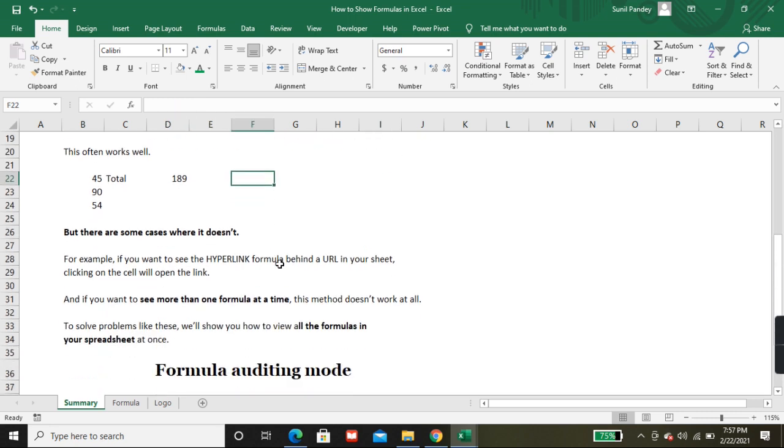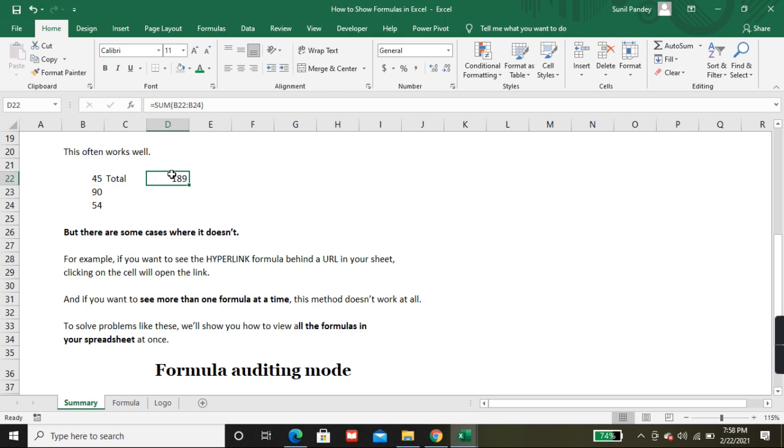For example, you want to see the hyperlink formula behind a URL in your sheet. Clicking on the cell will open the link. So suppose this is the formula.